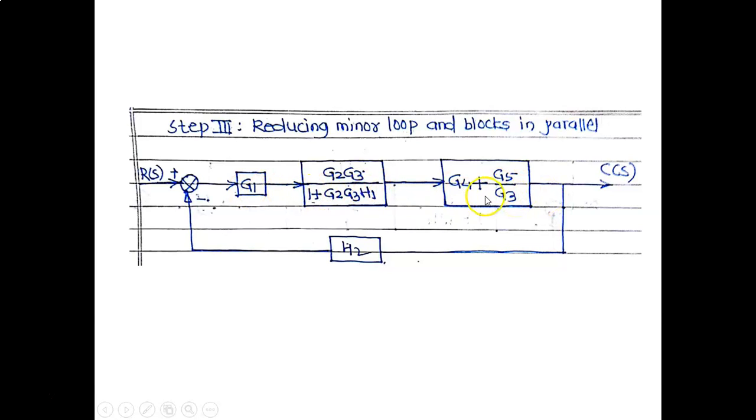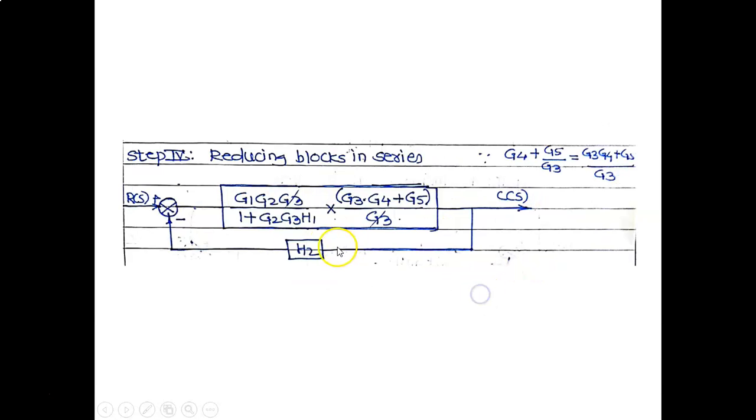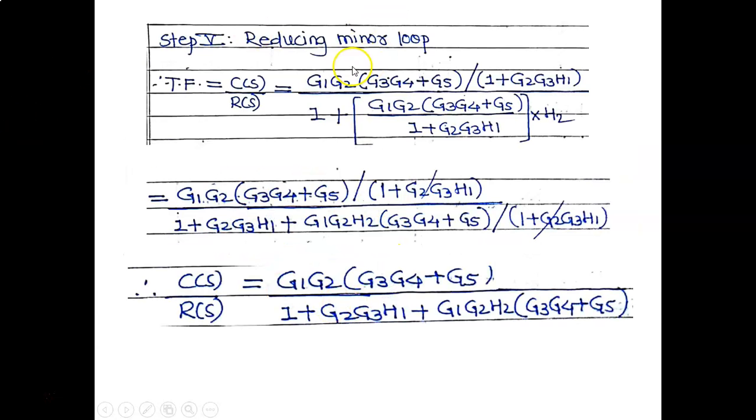Now these all three blocks are in series, therefore they will get multiplied with each other. Therefore G1 G2 G3 divided by 1 plus G2 G3 H1 into G3 G4 plus G5 divided by G3. We have done this cross multiplication here, that's why this whole value is here. Therefore G3 and G3 will get cancelled. Now this block and H2, they are forming a minor feedback loop. Therefore our next step is to solve this minor feedback loop. Reducing the minor feedback loop, the transfer function is equal to